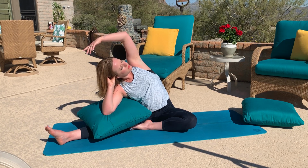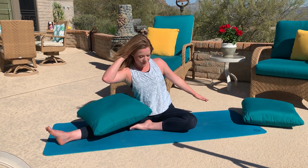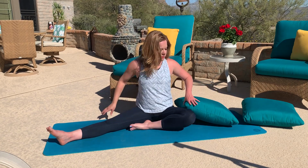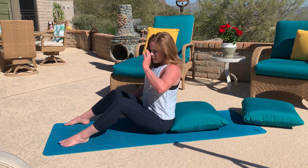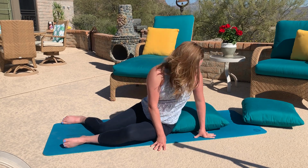Taking that top arm down, pressing the head up with that bottom hand. We're going to position that pillow behind us now as we take the legs together again. So knees are bent slightly wider than hip width distance. I'd like you to drop both knees over to the right, and then you're going to rotate, taking your chest